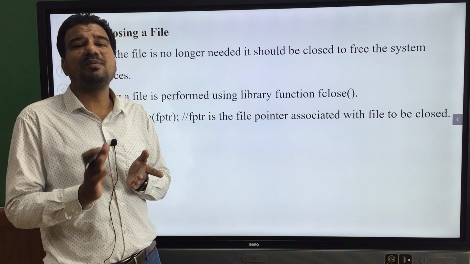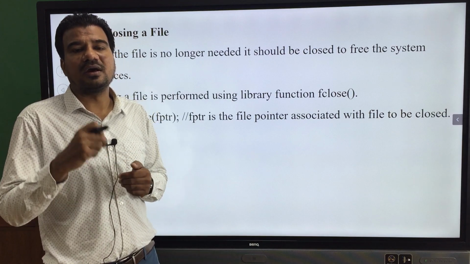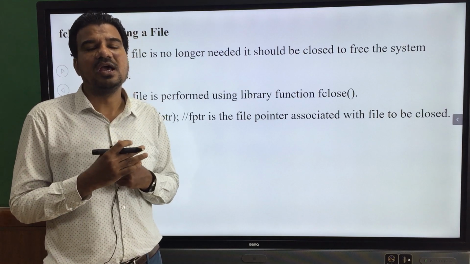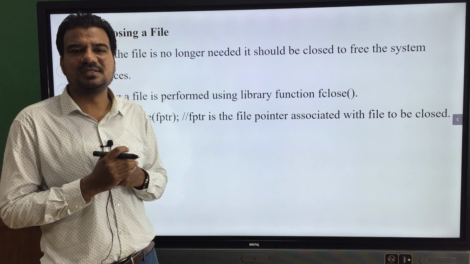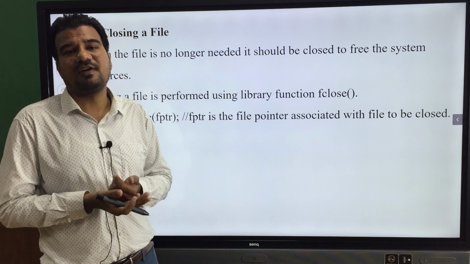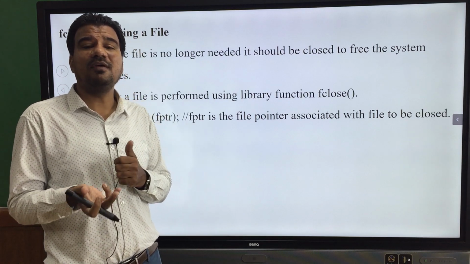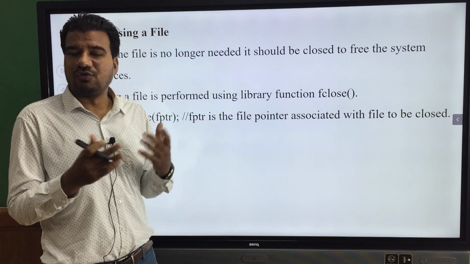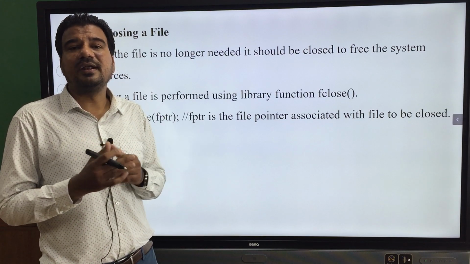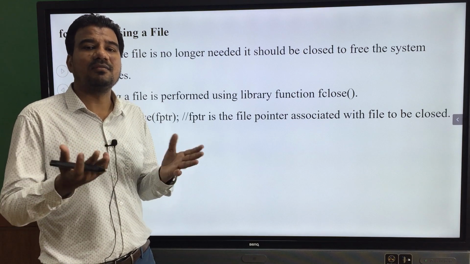Once you have successfully performed all your operations, like writing content to a file or reading content from a file, you need to close that opened file, isn't it? Without that, what will happen? The content may be vulnerable. If you keep that file opened forever, the content will become vulnerable. Any third party or anybody else can read that content.